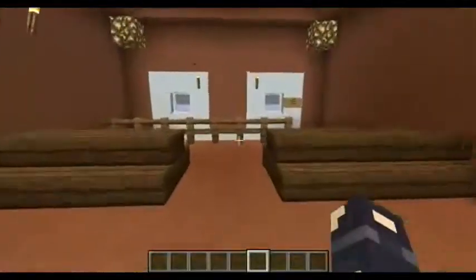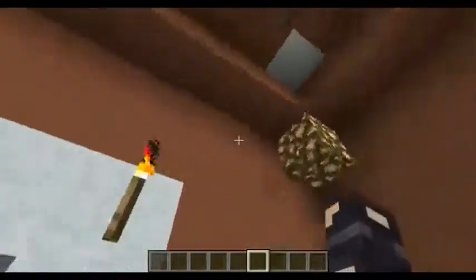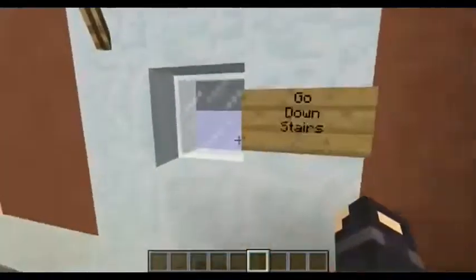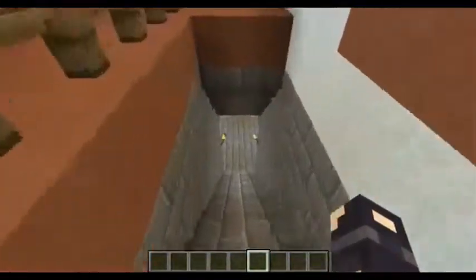Enter here to go to the magical land. It's made out of hardened... All the gingerbread houses are made out of hardened clay and snow, and white tinted stained glass. And down here, okay,